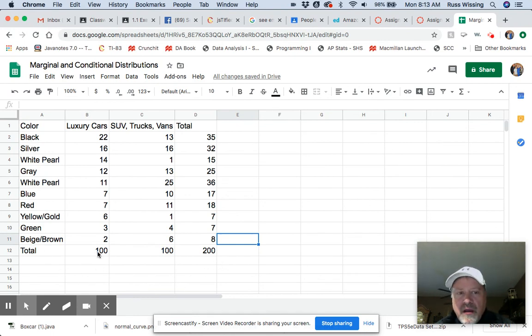That's marginal by the color. If I wanted marginal by the type of vehicle, 100 of the vehicles were luxury cars when I have that total, divided by 200 total. So if I want to make a graph of the marginal distribution,